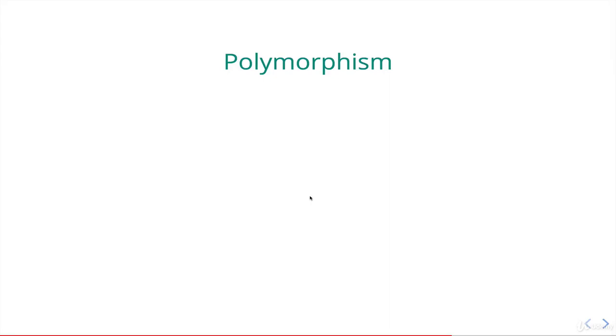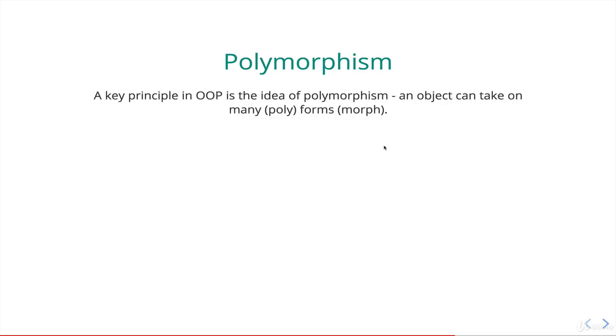Hello, welcome back. So this video is on a topic that can be one of the most confusing topics in all of OOP and also has an intimidating name, polymorphism, but it's really not as bad as it sounds. The academic definition can be a bit difficult, but we're just going to focus on practical applications of polymorphism. So what's it mean? Well, if we dissect the name polymorphism, poly meaning many, morph meaning shapes or forms, it just comes down to the idea that an object can take on many forms.